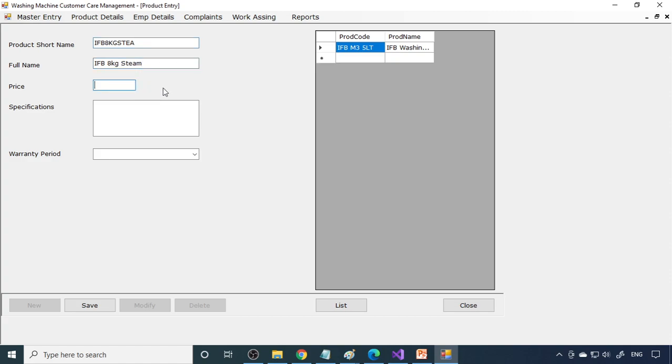Steam, okay. So the price is 55,000 rupees. Okay, specification: automated, and all the specification you have to write, and warranty. So let's say 5 years warranty. So this was the one product.